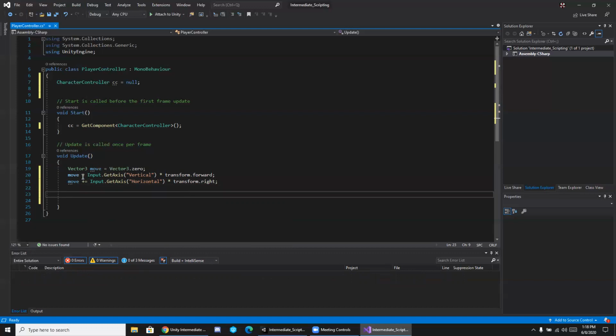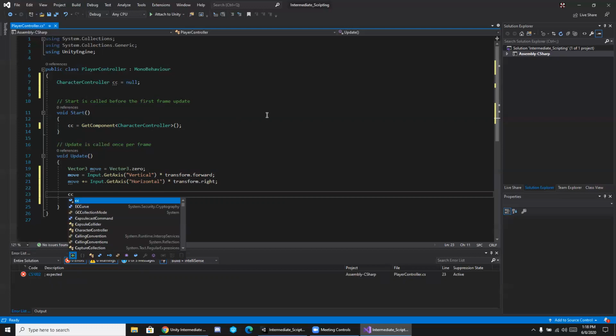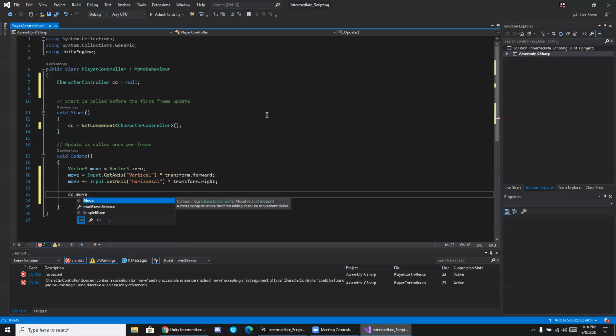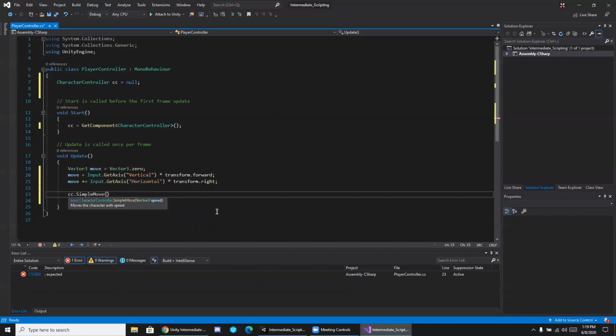Lastly, all we've done so far is just create the vector3 move, but we haven't really told our character controller to do anything with it. So we can say CC, and there's a couple of different move options. If I just type move, you see there is this move function that takes absolute movement deltas. So that means I have to figure out exactly how far I want it to move. Whereas if we take a look at our simple move function, we can just specify the speed of which axis it's going to move on, and that's our vector3. We want it to move in the direction of vector3, and we can just specify it as a speed. So we'll pass in move,